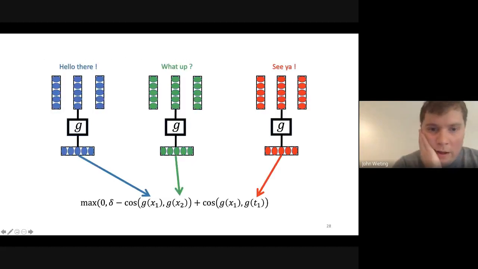Just briefly on this composition function: basically the G is, again, you're getting these word embeddings, and then you apply the G function to collapse them into a representation. The simplest possible G here is just to pool these underlying representations. But in later work, you can get it to work with things like LSTMs or transformers.